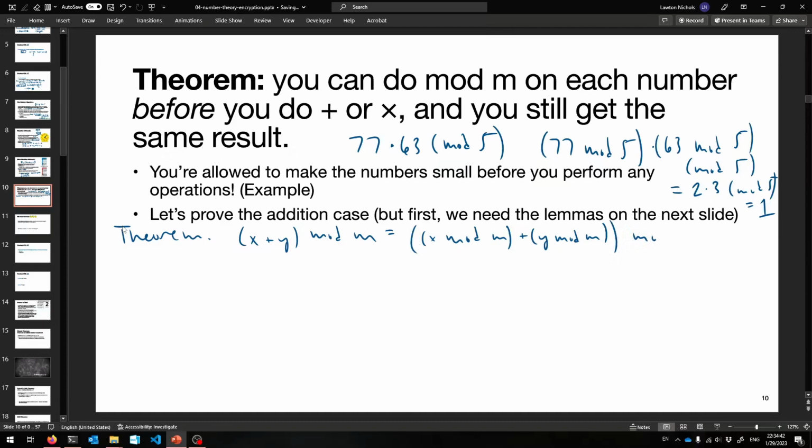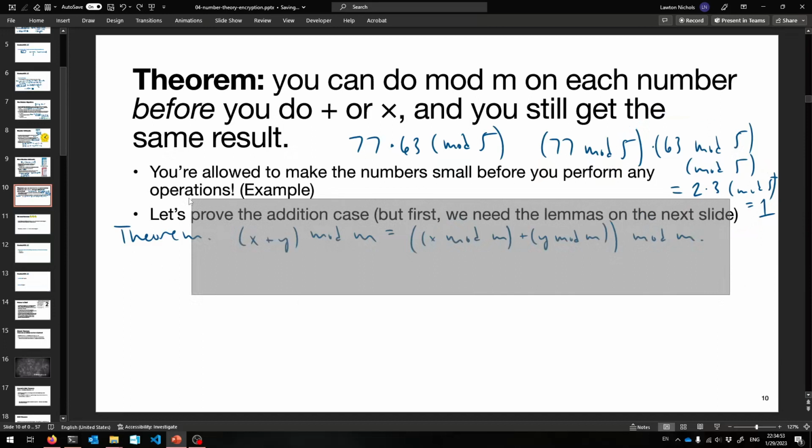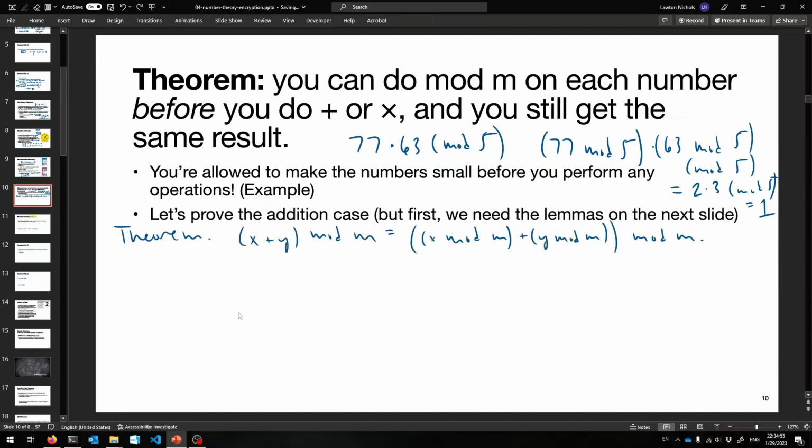And then do mod m at the end one last time. Looks like more work, but technically it's less. I think you could see that I was able to do that one in my head without having to do very long multiplications. So this is what I want to prove, and the way I'm going to get there is